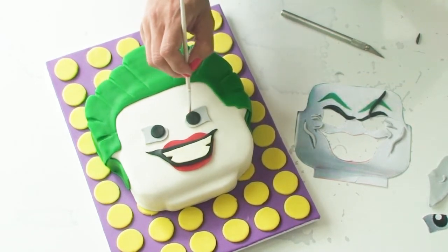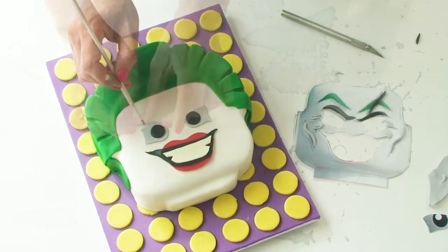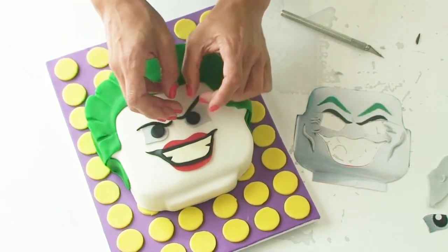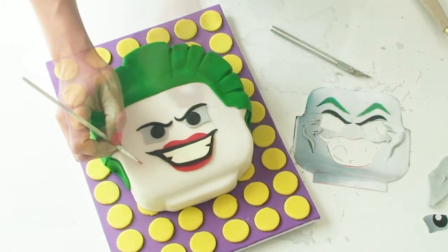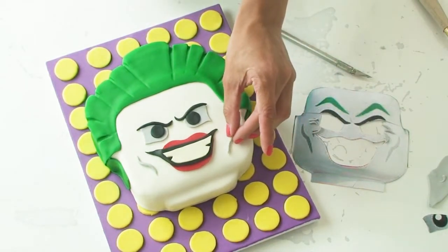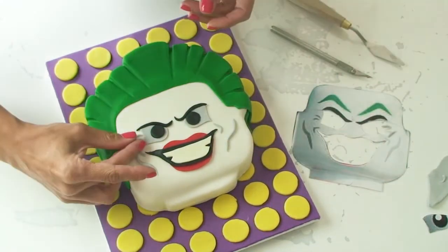So now I'm just going to moisten the cake with my paintbrush just over the top of the eye so that I can position the eyebrows into place, and do the same with all of those little creases and dimples around the cheeks and the eyes. You can see that when I pick up these little pieces of fondant, they've already hardened into the exact shape